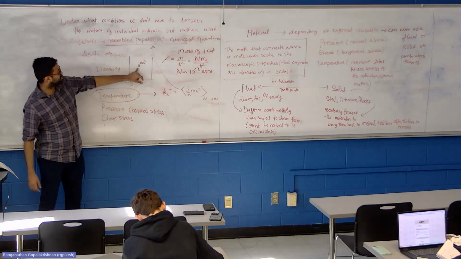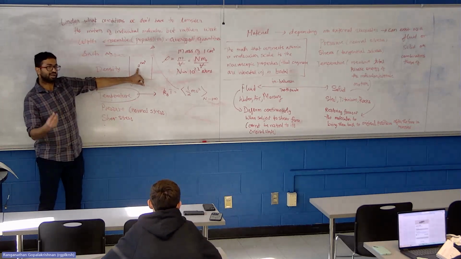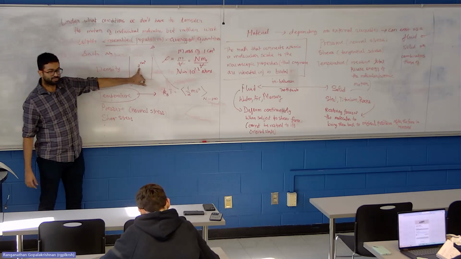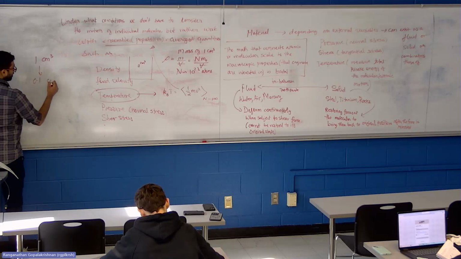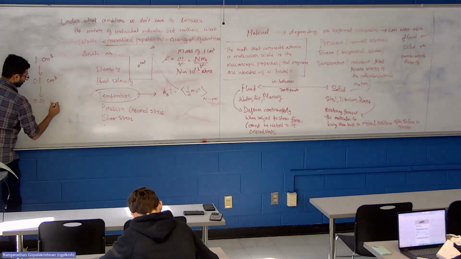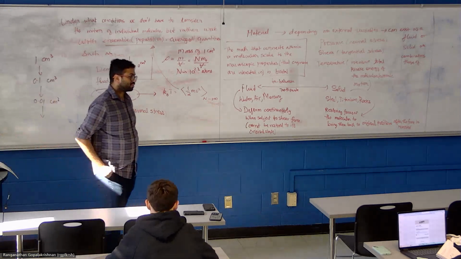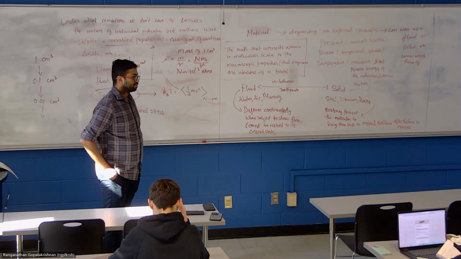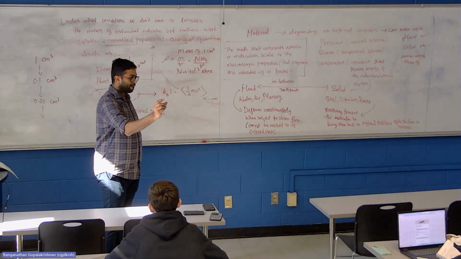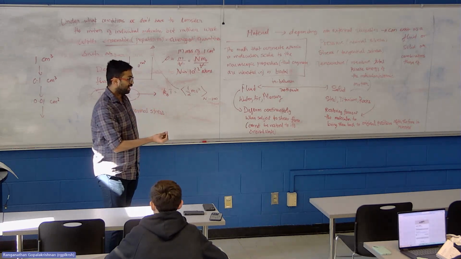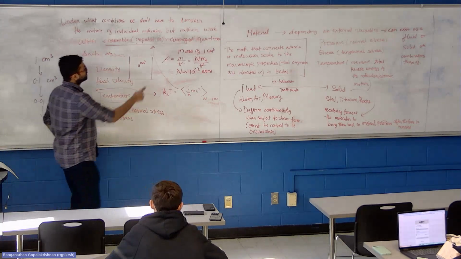Now, what happens if you keep making this sample volume smaller and smaller, from 1 centimeter cube, let's say 10x smaller, 0.1 centimeter cube, 0.01 centimeter cube? You keep making it 10x smaller and smaller. At some point, what do you think will happen? You won't have enough atoms in your little volume, right? Could you see that? At some point, that little volume will not have enough atoms